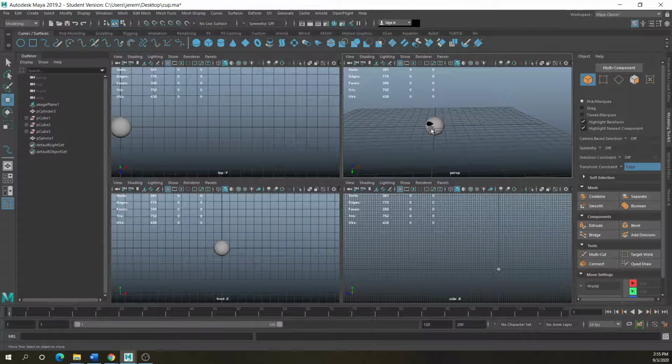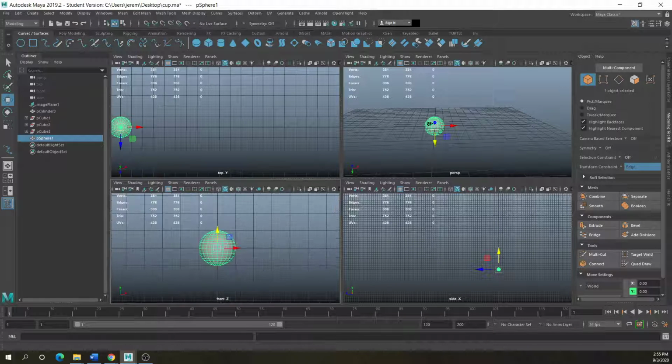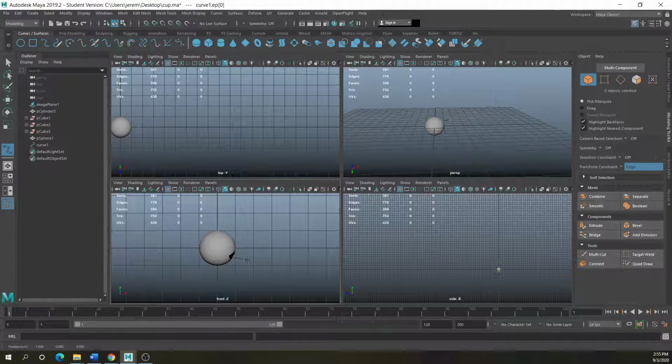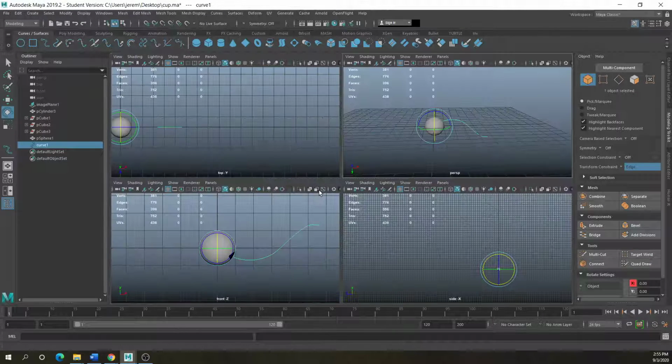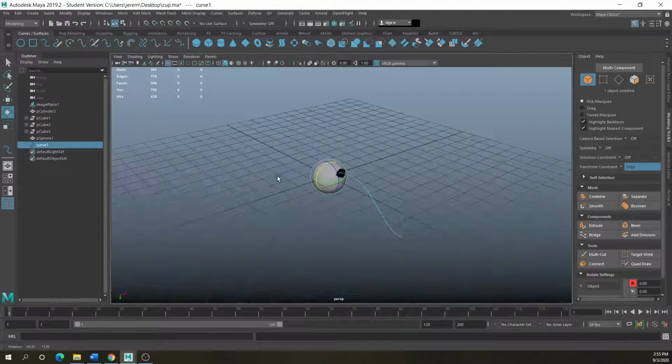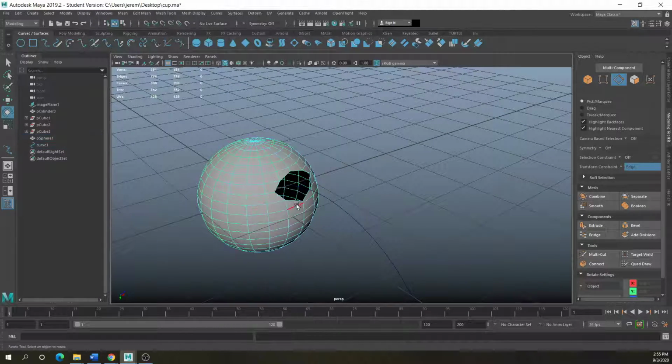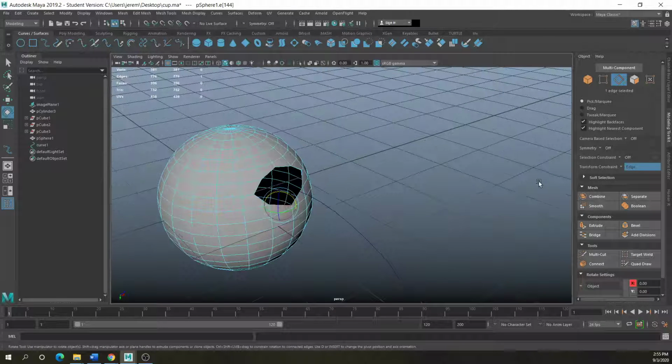Bad example. Turn this. Show you what I'm talking about. Okay, there's the side right there. So if I wanted to draw a piece coming out of here, I would go to edge mode and I would select all these edges, take it off of slide mode.